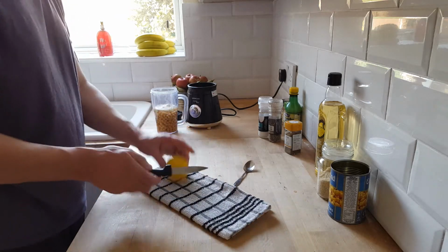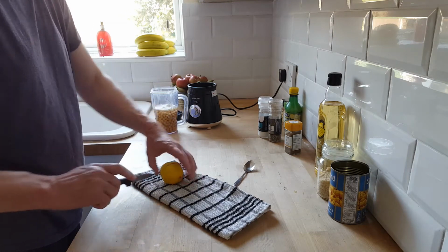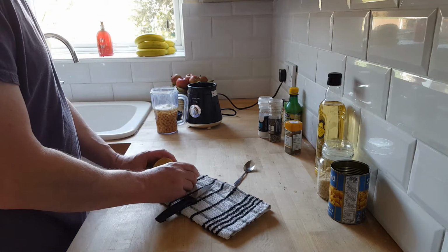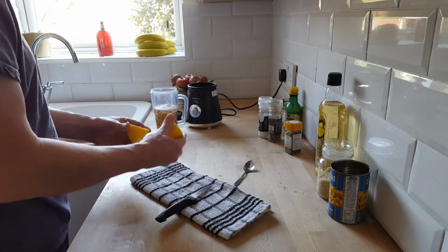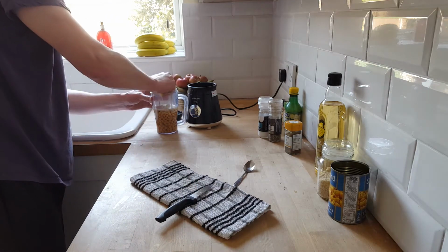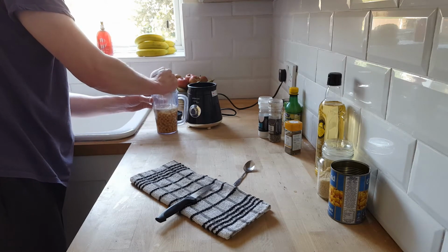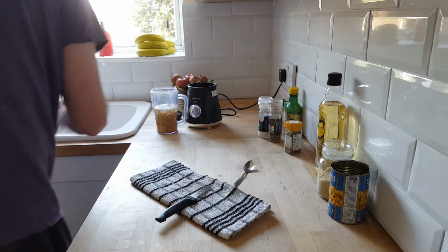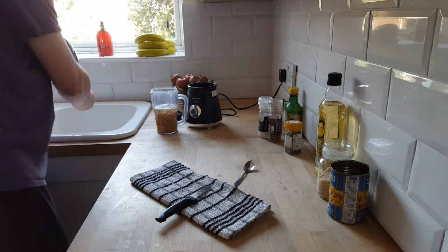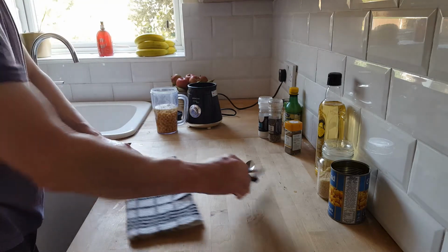And then finally we've got a lemon. You're going to use about half of this. If you were doing it with the juice, it's around about 2 tablespoons, 2 and a bit tablespoons. Squeeze that straight in. And now,